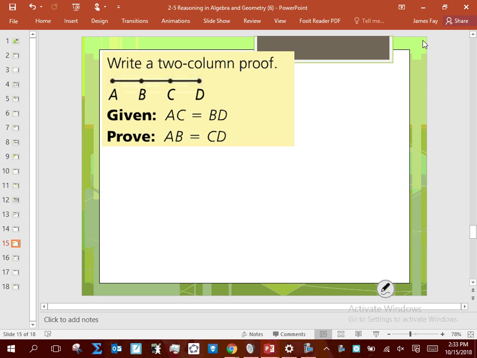This proof here is going to have very similar aspects to the proof that we did on Friday. Different shapes: Friday's was angles, this one's segments. There is a little bit of a twist in it that makes it ultimately different. But there are going to be, as we go through this, obviously,